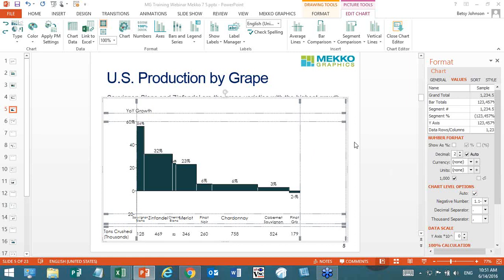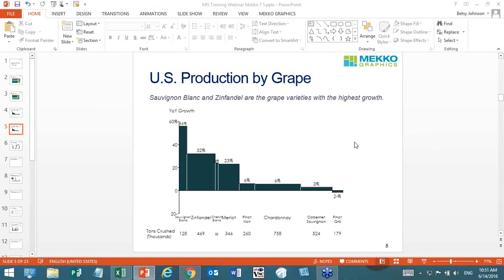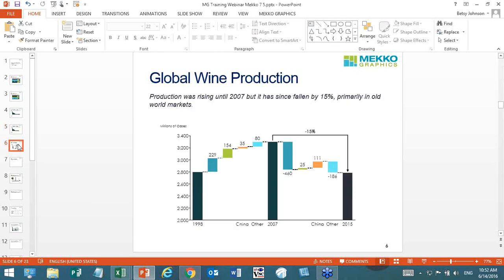All right, we're going to click off this chart again, and we're going to move on to our next chart. This is the other big chart that is used heavily by our users. The first was Emeco, the second is bar Mekko, the third is a Cascade. This is a Cascade chart highlighting the growth of global wine production through 2007